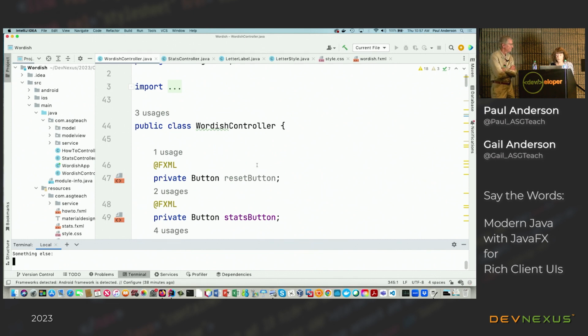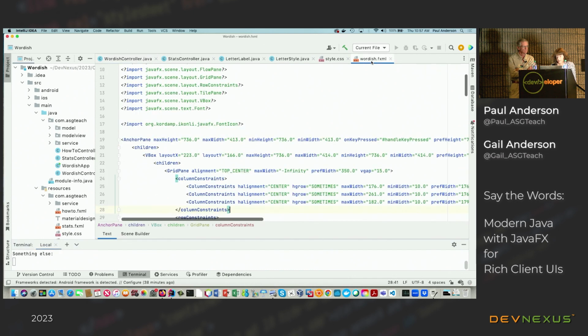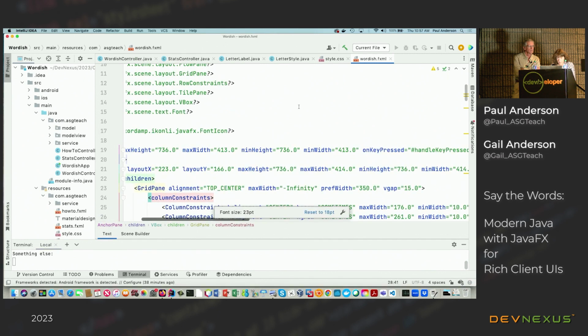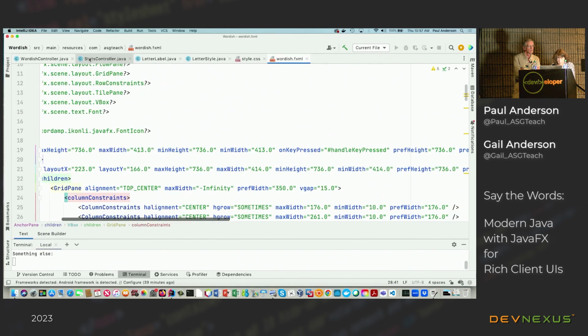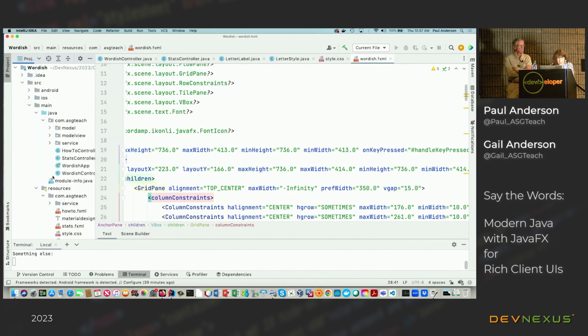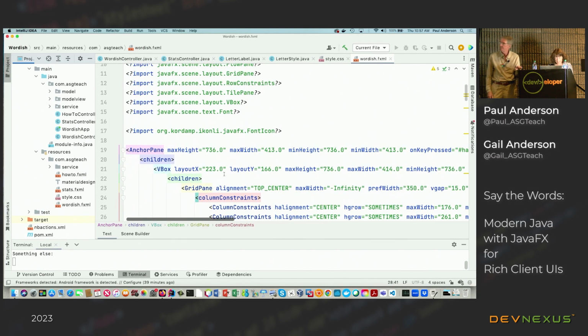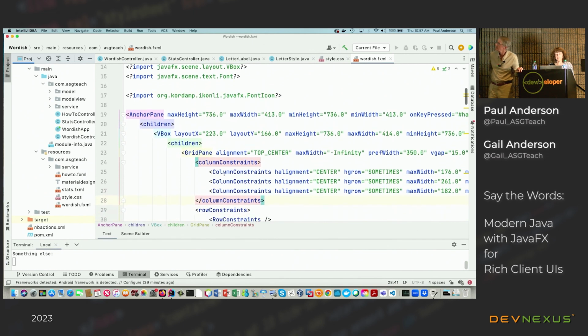Okay, yeah, we're in Wordish. So we're going to go to wordish.fxml. And let me make this a little bigger. There we go. Sorry, I can't get rid of that. Okay, so with FXML, you see it kind of looks like XML, but it's a